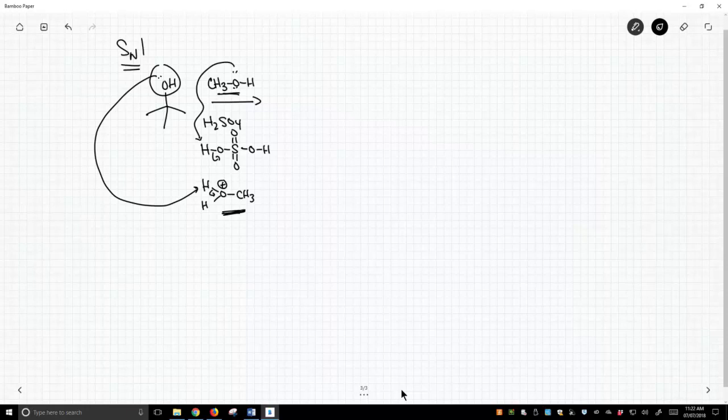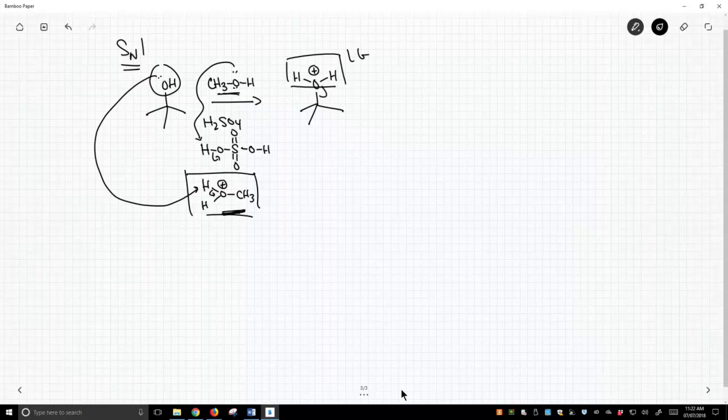Now, it's okay if you don't always show this step, but if you are given something like water and sulfuric acid or methanol and sulfuric acid, you need to use this as your acid in your reaction. Regardless, after that long discussion, the whole point is we need to protonate our alcohol. And there's our protonated alcohol. And now we have a good leaving group